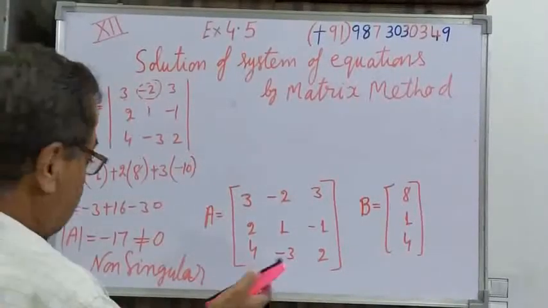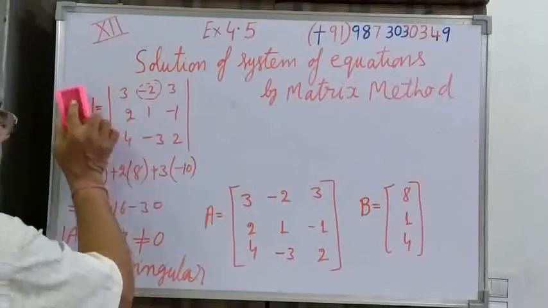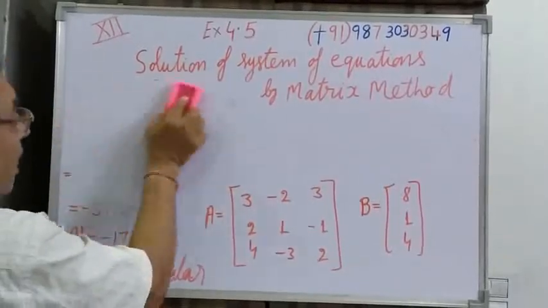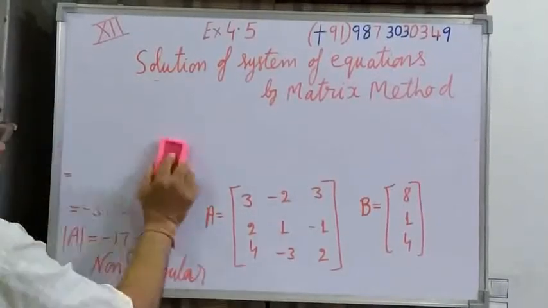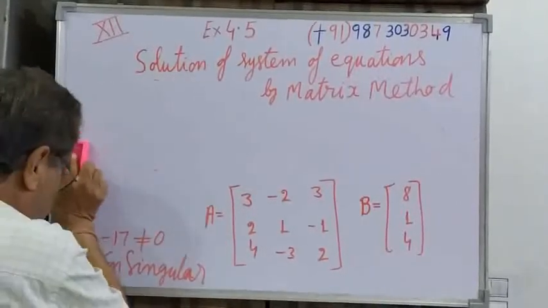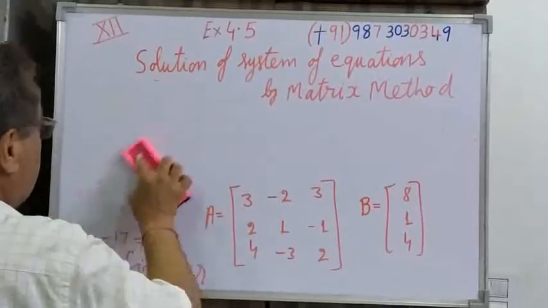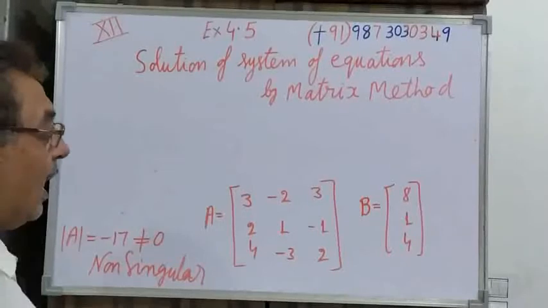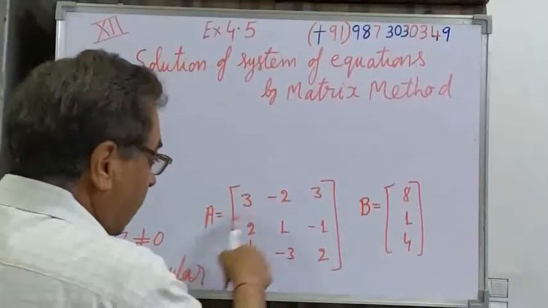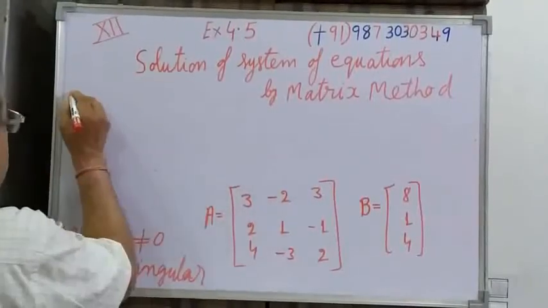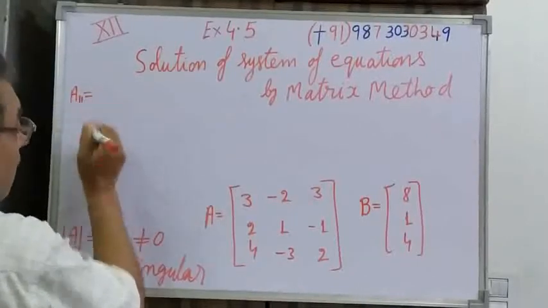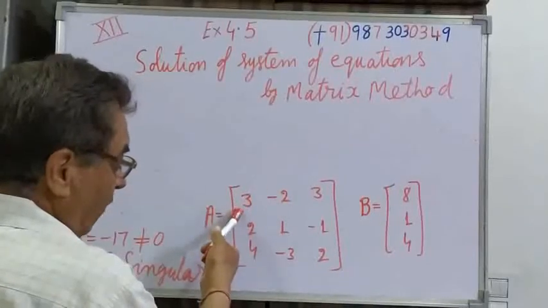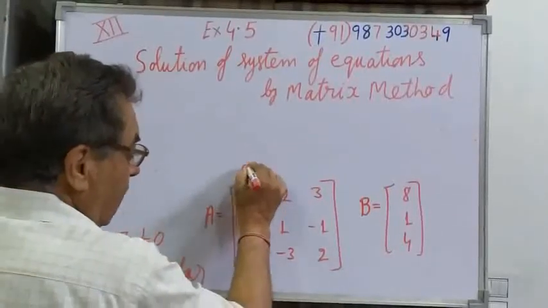After this, we have got the determinant of A. Now we'll find the cofactors of all the elements because we have to form the adjoint of A. What do we have to form? We want to form the adjoint of A. For that purpose, I need the cofactors of 9 elements. So the first cofactor I will call A11. That will be the cofactor of the element A11, this one.